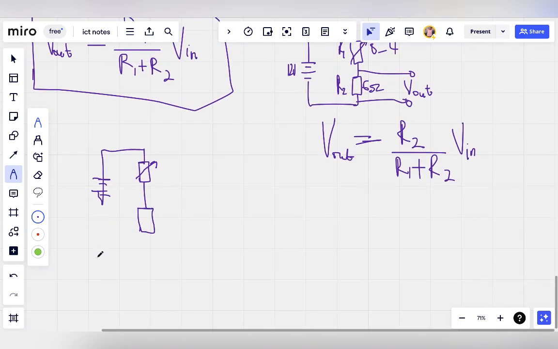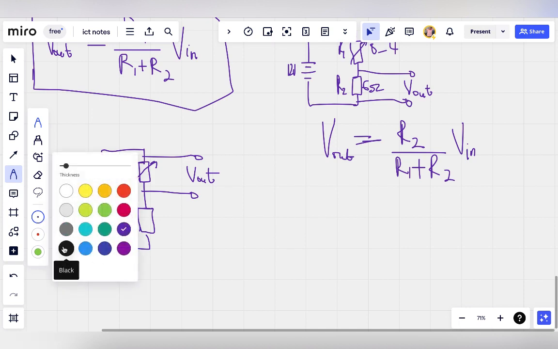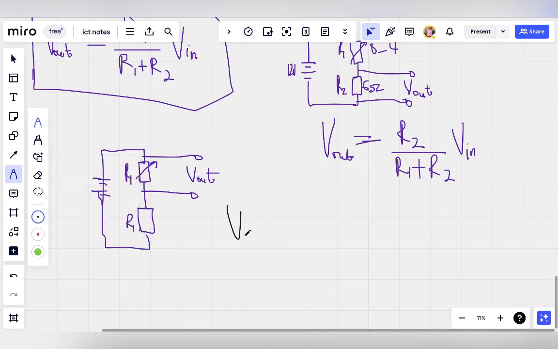They want us to calculate the output voltage across this variable resistor. So they put the output voltage here, and they call these variable resistors R1. Since they call the variable resistor R1, our output voltage will be R1 over. Because the output voltage V out is across R1, we're going to say the output voltage V out is equal to